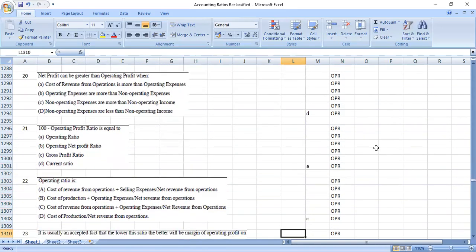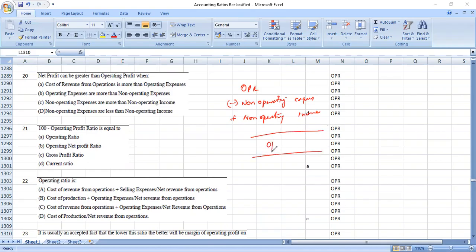Net profit can be greater than operating profit. To understand when net profit is more than operating profit, let us see how we arrive at net profit from operating profit. Operating profit minus non-operating expenses plus non-operating income will give us net profit. So when non-operating income is more than non-operating expense,